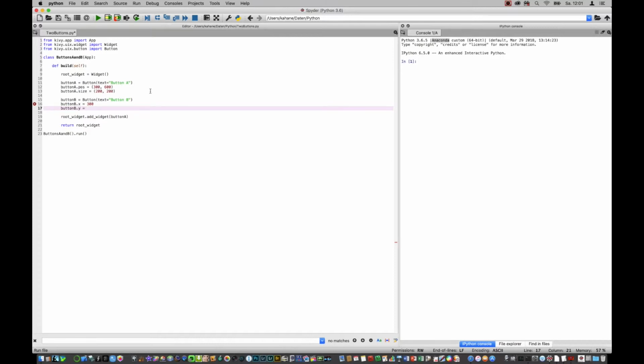And we want to place button B below button A. So let's step down from the 600 we specified here to 300. And then, of course, we need to add also button B to the widget tree. So we have root widget.add_widget